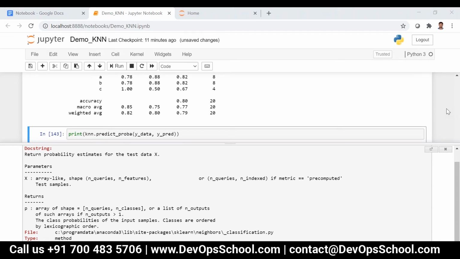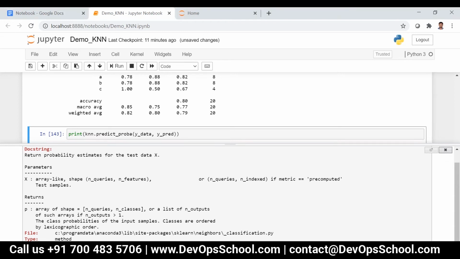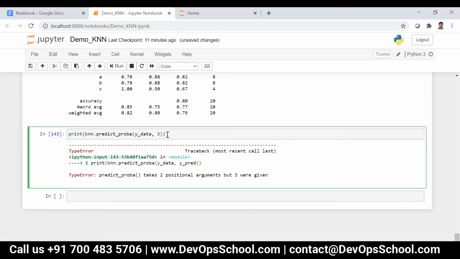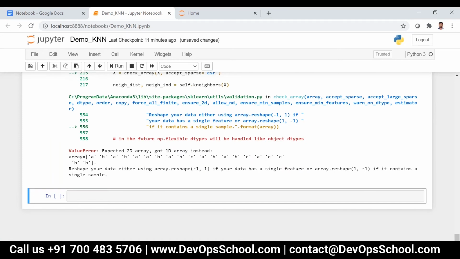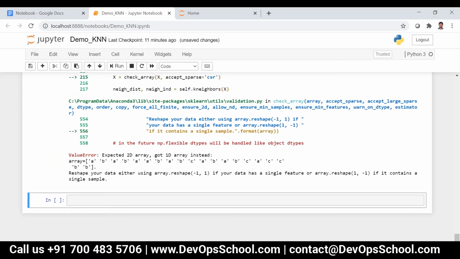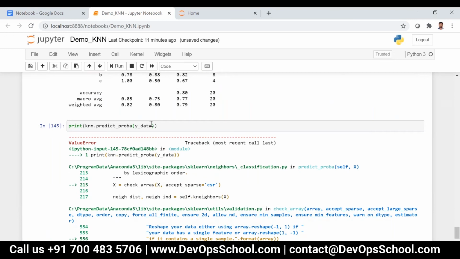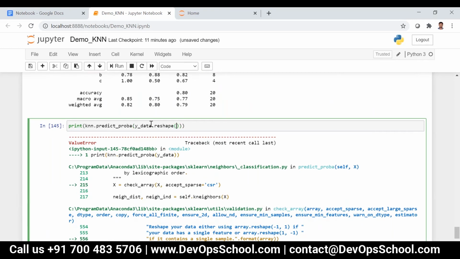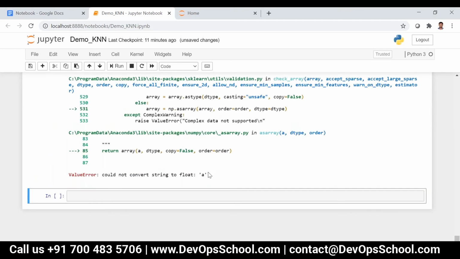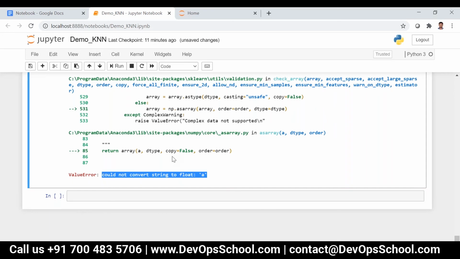Oh, okay. N features. It is a bit different actually. Couldn't convert. Yeah, the thing is we have to encode it actually.